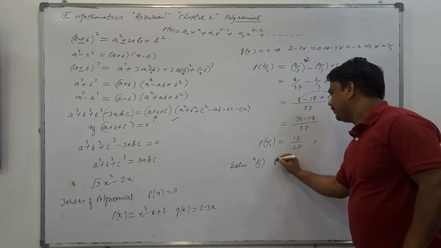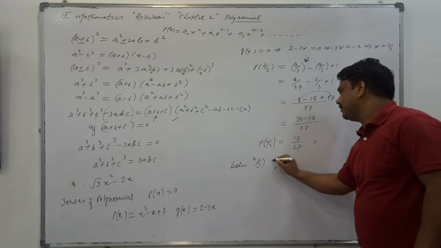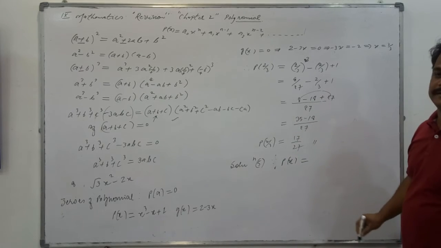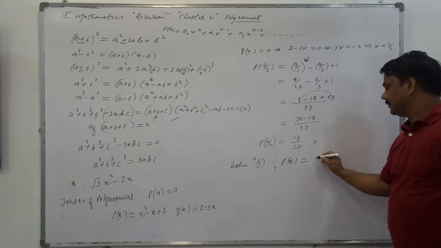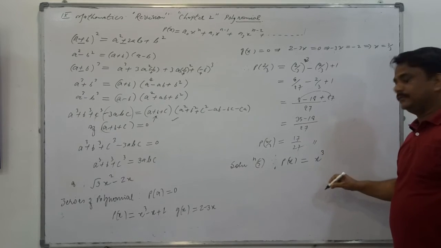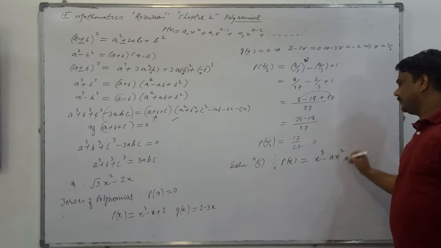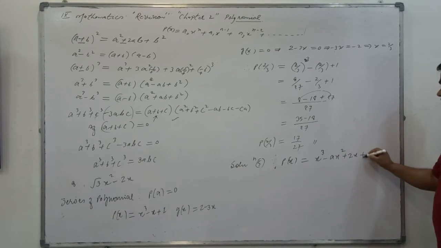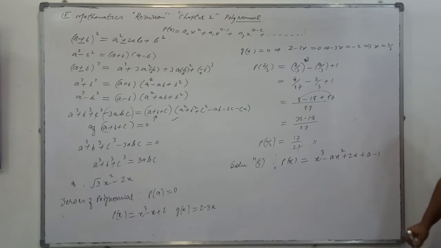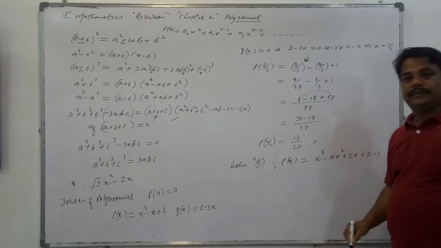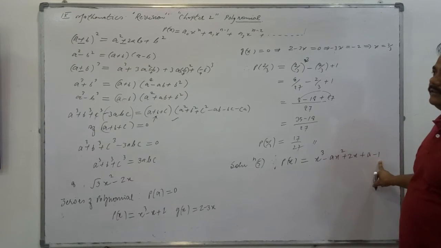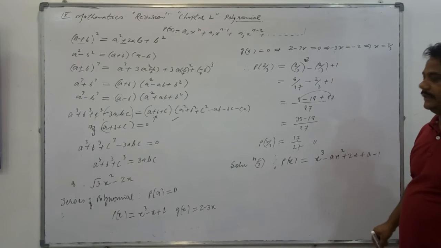First, you have to note down the polynomial. Since the given polynomial p(x) is what, please tell me? The given polynomial is x cube minus ax square plus 2x plus a minus 1. Is that clear? Right? So go on solving this. x cube minus ax square plus 2x plus a minus 1. Clear?